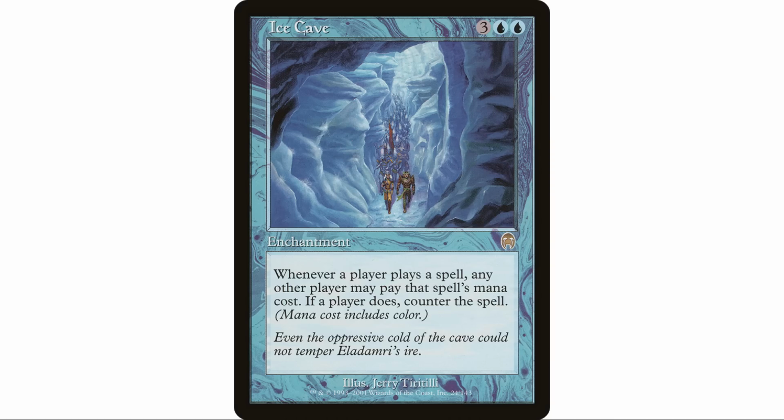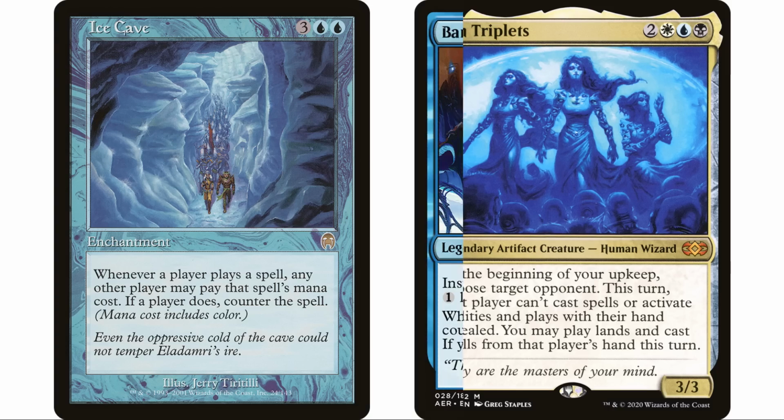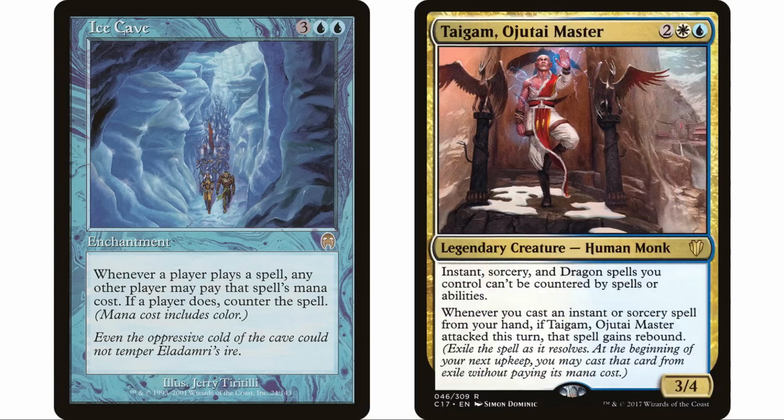This can be particularly good if you're in a deck that has lots of colors, right? If you're in a 4 or 5 color deck, the mana cost includes colors, so you have to have that color available to you. Maybe it's good in a Sen Triplets deck where you're sort of doing those kinds of things anyway, right? People will put Chromatic Lantern and stuff like that in their Sen Triplets deck so that they can cast their opponent's stuff. So it might work great there. If you're in a deck where you just want to be countering stuff all the time, it can be great, like a Baral deck. But I think it's particularly good in a Taigam, Ojutai Master deck where